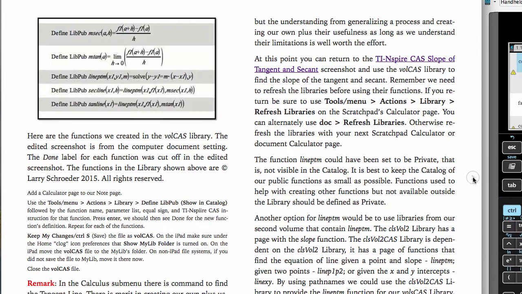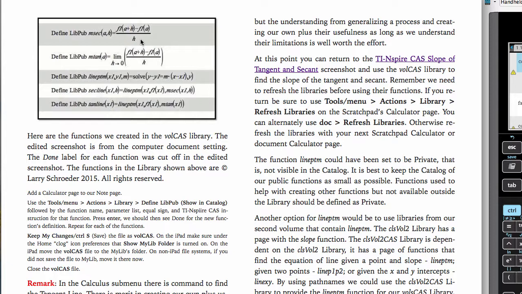Flipping to the next page, we see that when you type these in, this is the computer version of the software as a document form rather than a calculator form. It will also say done. But again, to make this print a little bit bigger, we cut off the done. So we define the secant line slope as f of a plus h minus f of a over h